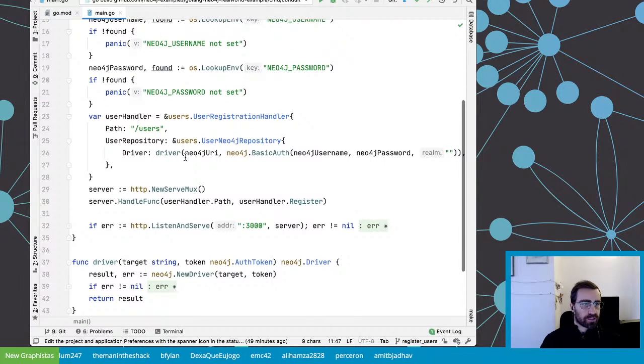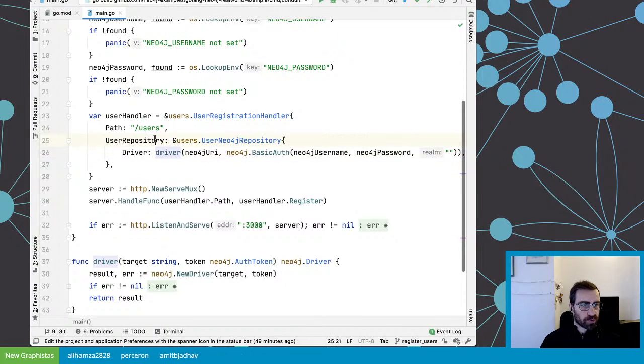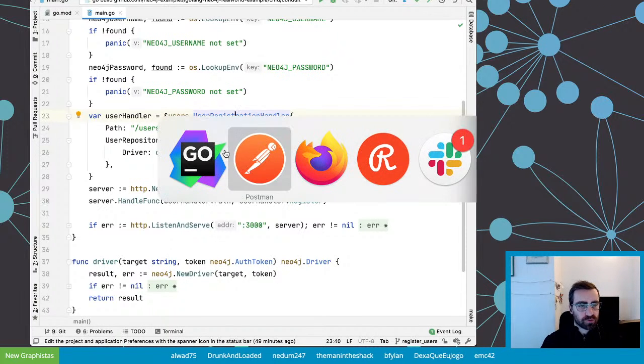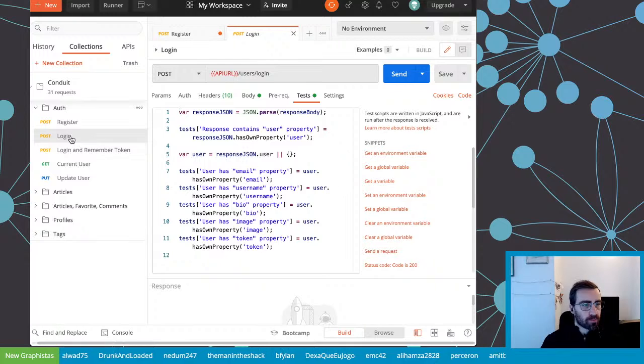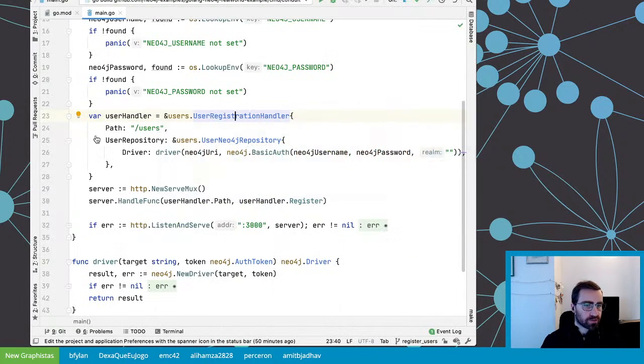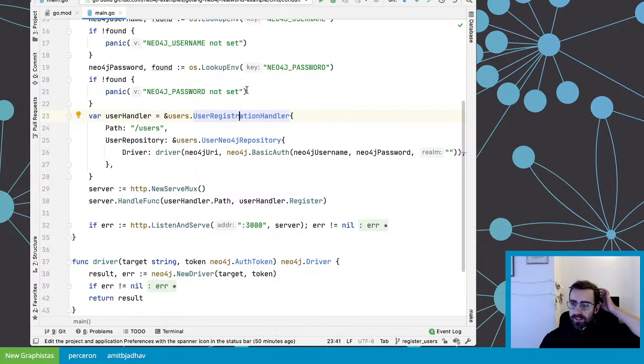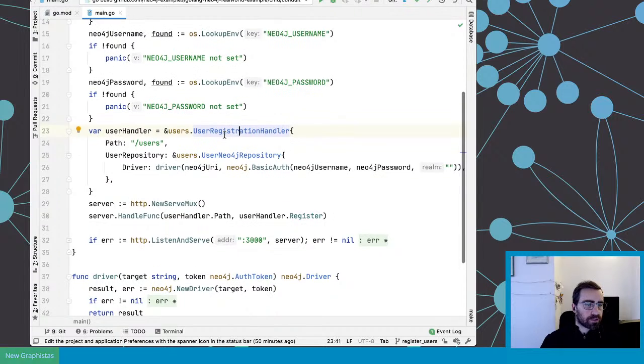And once I've got everything I need, I just instantiate the driver, give it to a user repository, and have my controller, so to say, that will handle requests and send back HTTP responses. So that's my main function here. So far it's quite simple, because as I have told you, if we go back to Postman, I'm only at the second endpoint. I've not done the 31 endpoints yet, so I might have more handlers, in the Golang vocabulary, later, but for now I only have a simple one.